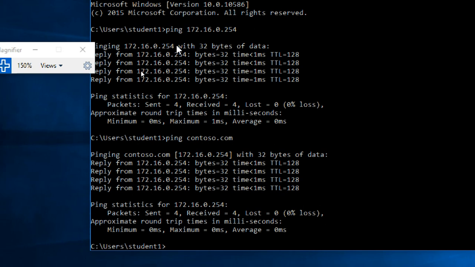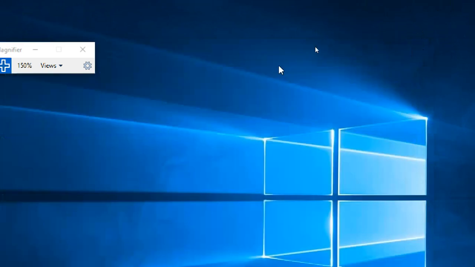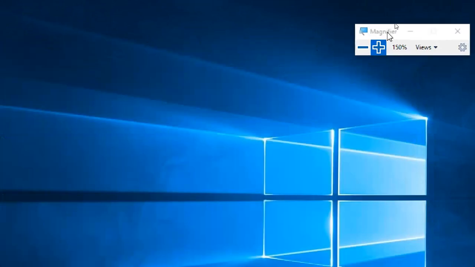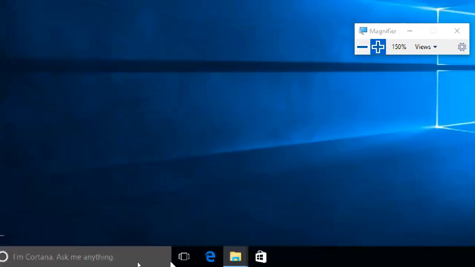Name to IP address should come. If it is not coming, there is a problem in the preferred DNS configuration part or maybe on the server side. So this is okay. First we ping the server with the IP address, then we ping with the domain name. We got a reply, so both DNS and the network path are good.